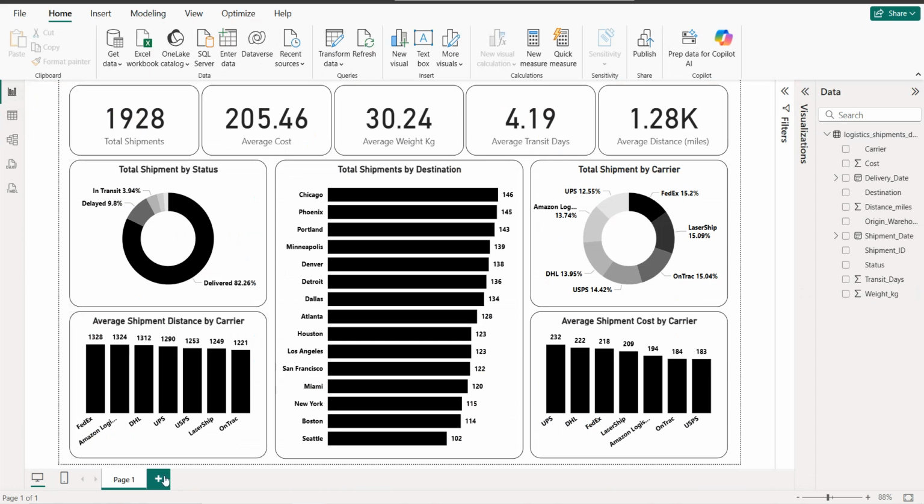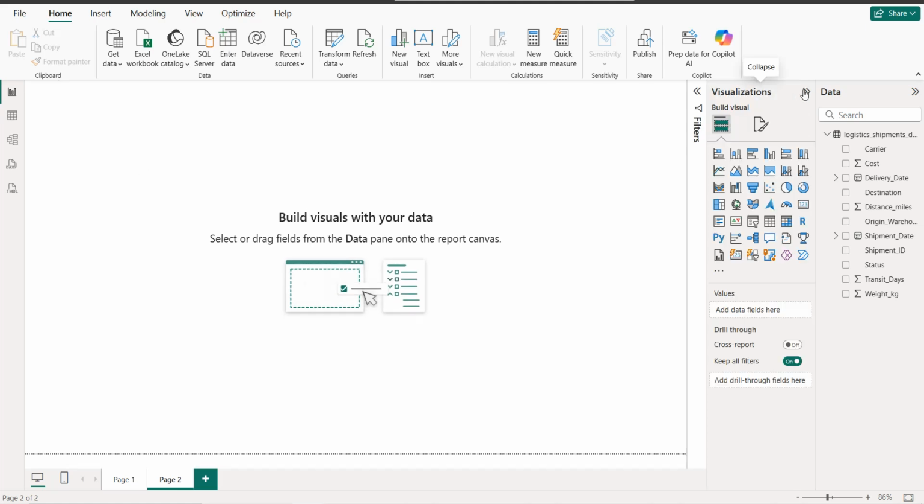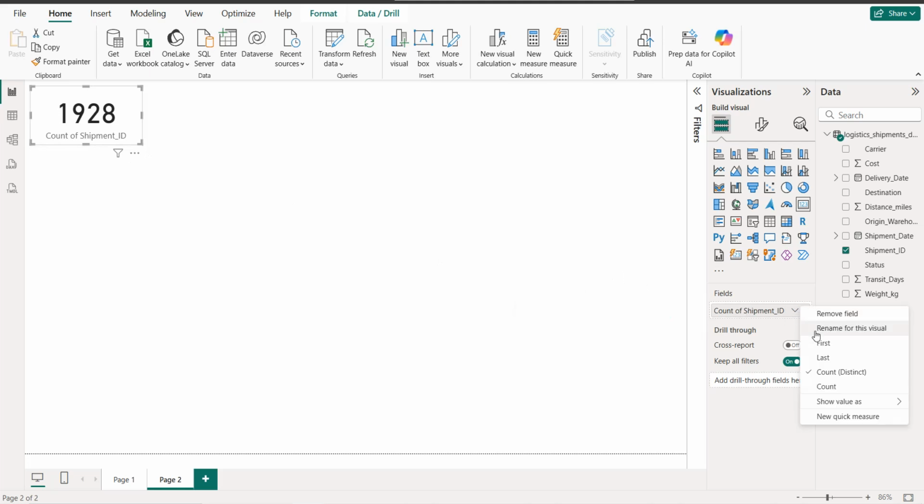In our case, I will just click new page and we are going to create exactly the same dashboard, right? So we are going to start with KPIs. Click card and shipment ID as count distinct. We're going to format that, so we need just to copy paste. All right, so the name, rename, it will be total shipments,